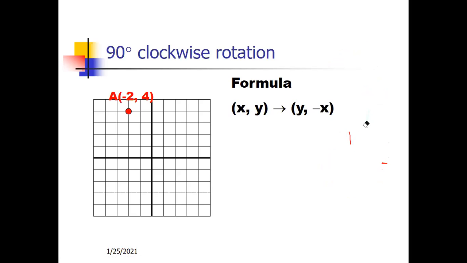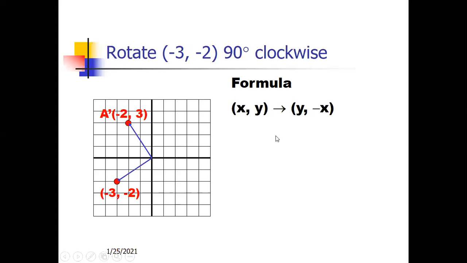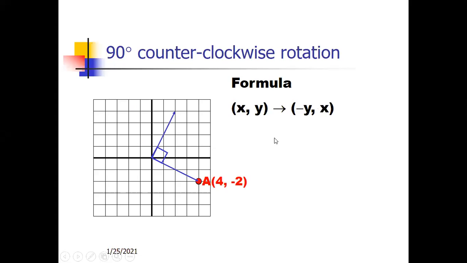In this one, we said 90 degrees clockwise, right? And I said clockwise means what? Positive or negative? Negative. And counterclockwise means? Positive. So if you want to rotate a figure, we have a specific rule. If it is X and Y, we are going to switch and we will change the sign for the first. For example, if you have point A, it's 4 and negative 2, and you want to rotate it